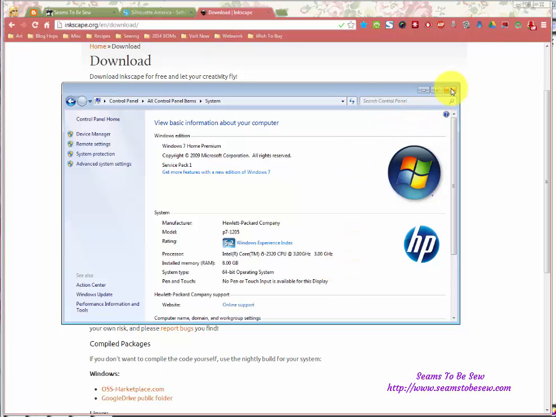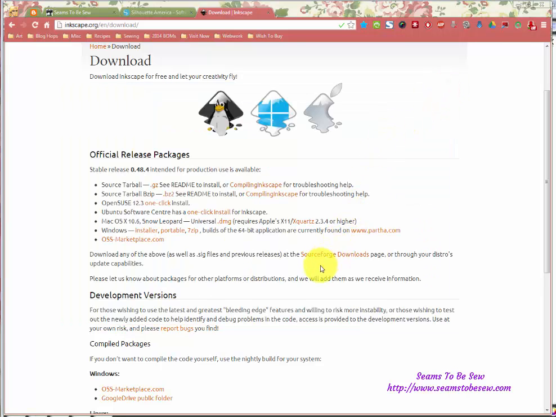So if you have a 64-bit PC and you can download a 64-bit version, please download the 64-bit version. Inkscape uses